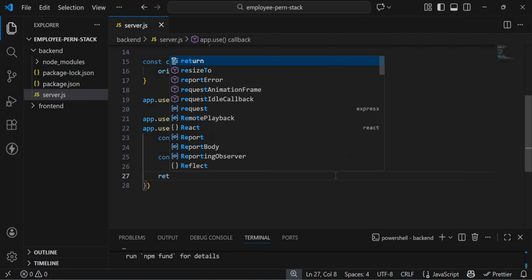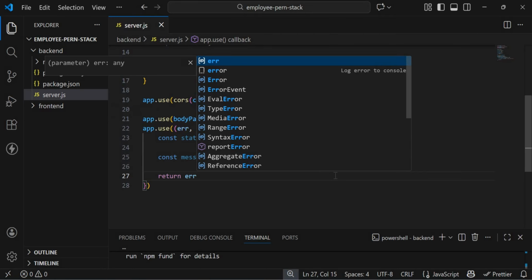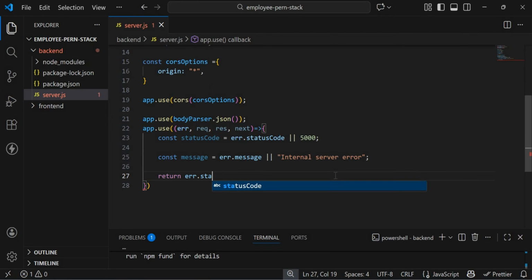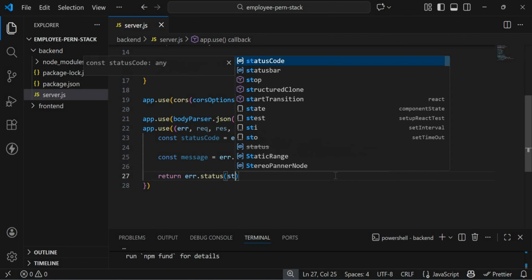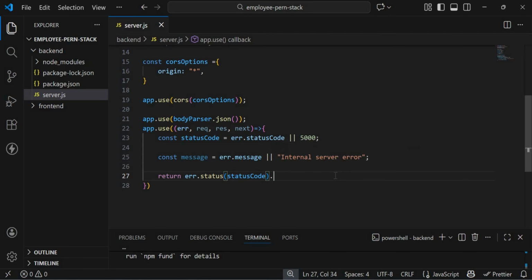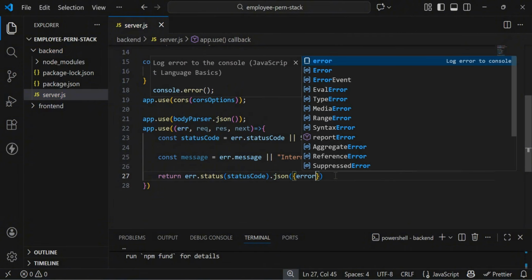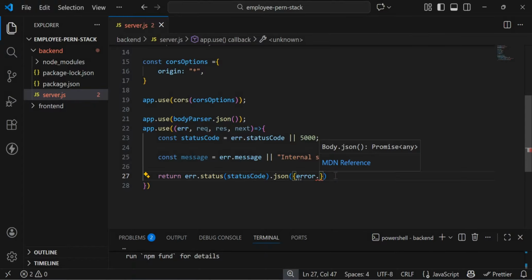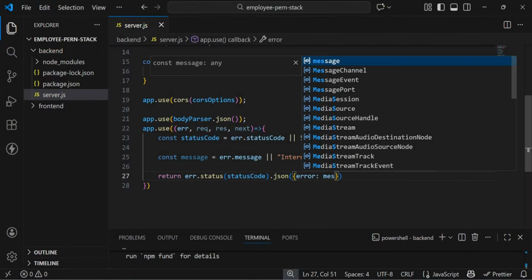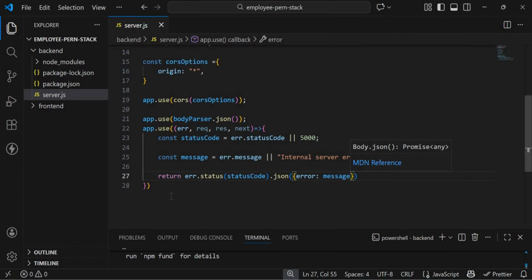So we're going to have return error.status code, error.status to display the status code, .json, error. That's the error that should display the message that we have defined. Okay,